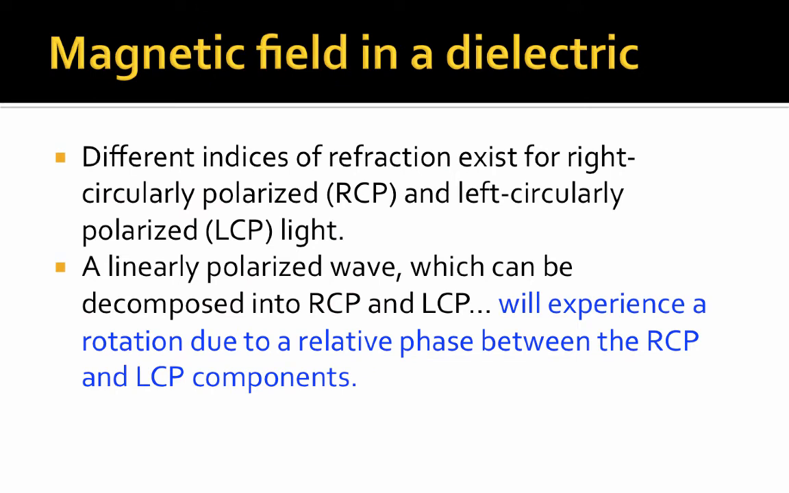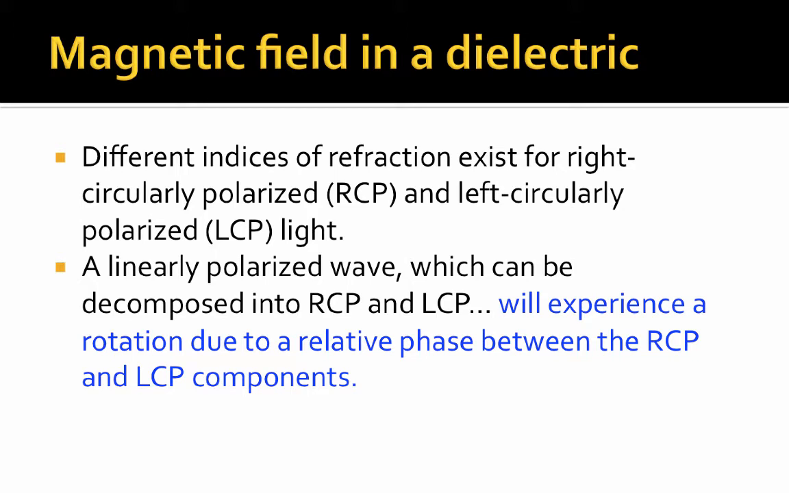All right, so let's come back to what we were saying. A linearly polarized wave, which can be decomposed into right circular and left circular polarized light, will experience a rotation due to the birefringence, due to a relative phase between the right and left circularly polarized lights. So if you put your hands together and you rotate them relative to each other, you will get a different